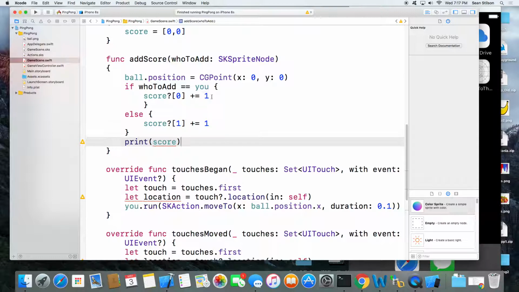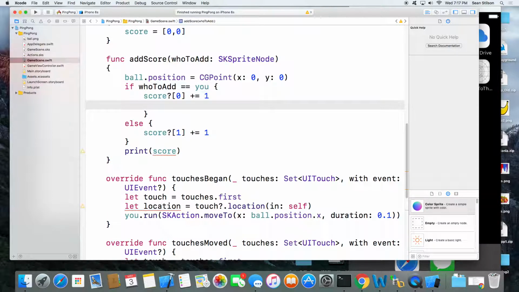Let's do this. If you score, I think if I remember right in Pong, it starts the ball over heading towards your opponent. It gives you a little bonus for scoring on your opponent.